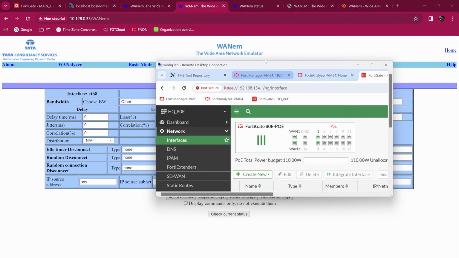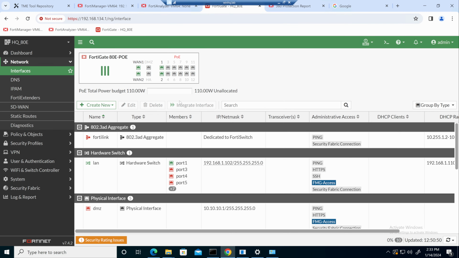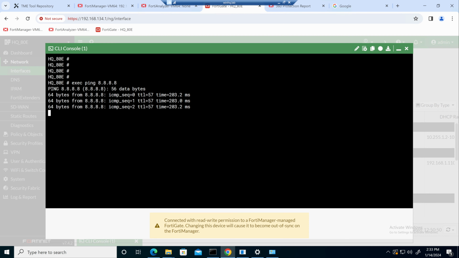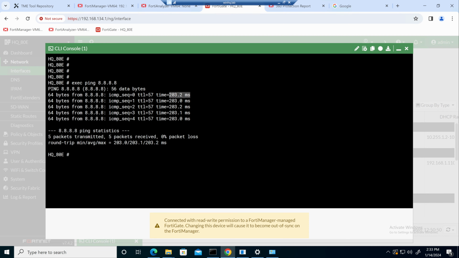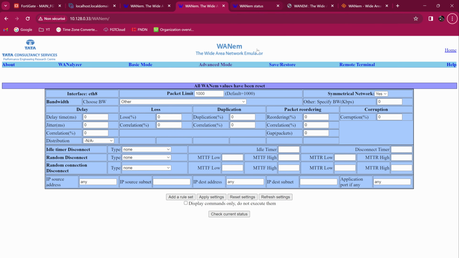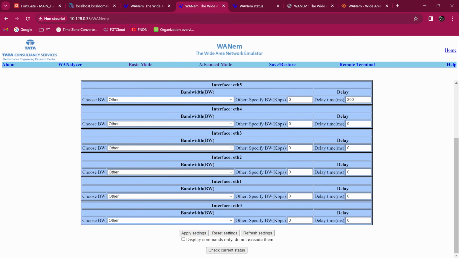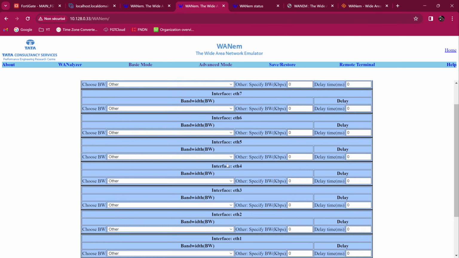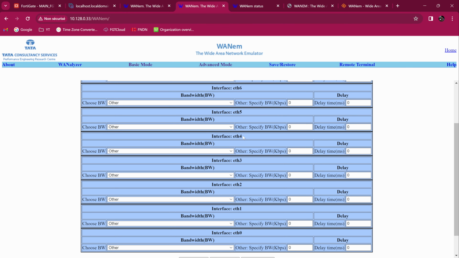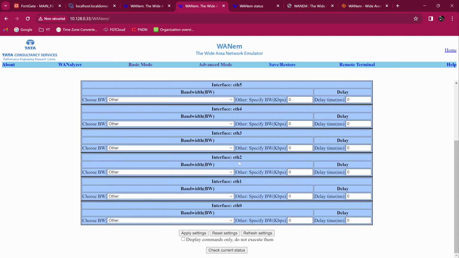So inside my small device here, I can log into my FortiGate HQ, and let me go under the CLI and do exec ping 8.8.8.8 to ping out to Google. You can see here that I have 203 milliseconds. This one was configured. This is what I set on my WAN emulator. So what I want to do is make sure that the port that I'm connected to, reset settings, the port that I'm connected to, which is I think Ether 1, 2, 3, 4, I mean 1, 2, 3, 4, 5. Ether 5